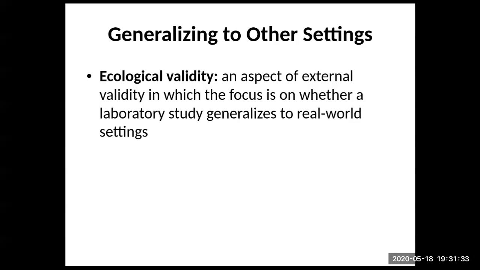So when we're generalizing, one of the things we generalize to is other settings. And so as a sort of an offshoot, a subcategory of external validity, we ask, does it have ecological validity? So what that means is, ecological means, does it actually generalize to the real world? So we're in a vacuum or a lab or an artificial setting, and we see that something works. And when we are generalizing, we want to know, does this actually work in the real world? Will this be a thing that, if we couldn't control for all of these other variables and so on,